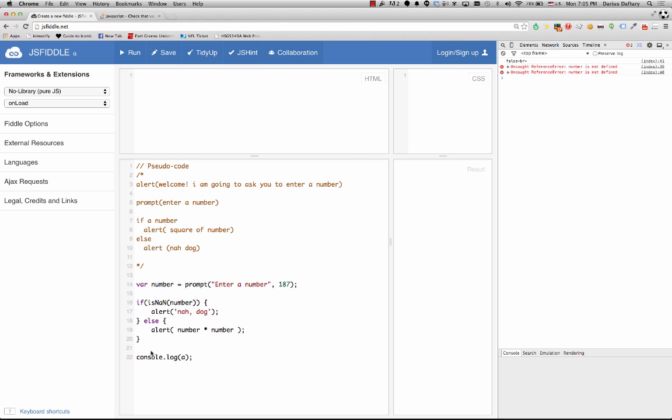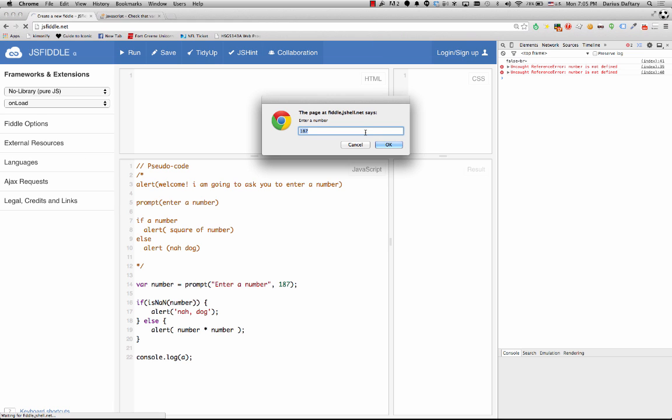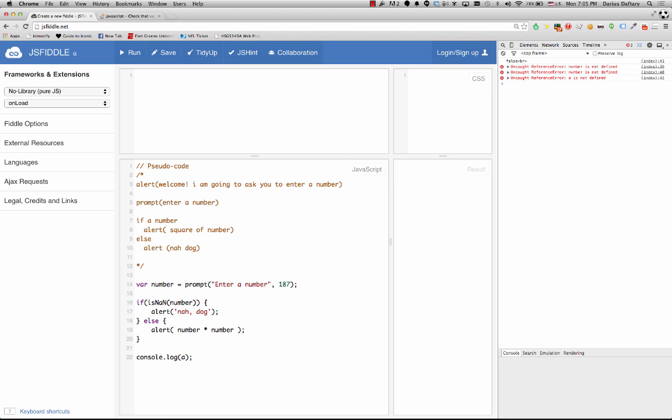Did we even try it? Did I even try this? Enter a number. 8. Yay. Cool. That's it. Wait. What? Oh. What's not defined? Oh, right. Sorry. Oh, one little style point. I noticed, okay, so a lot of you